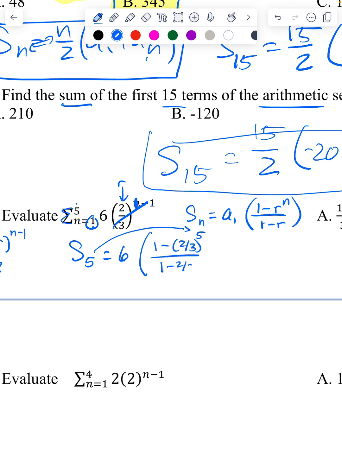over 1 minus 2/3. Now these are tricky to get into your calculator correctly. So I always recommend that you do just this top part first. And then once you get that, you can divide by the bottom part and use parentheses so it knows that whole thing is the bottom. And then multiply by that 6. So if you grab your calculator, you're going to go 1, subtract, parentheses 2/3, raised to the 5th, and you get like 0.868. Then divide by, in parentheses, 1 minus 2 over 3. Now I have 0.5209. And then I multiply that by 6, and I'm getting like